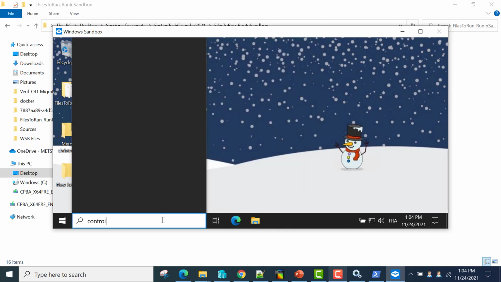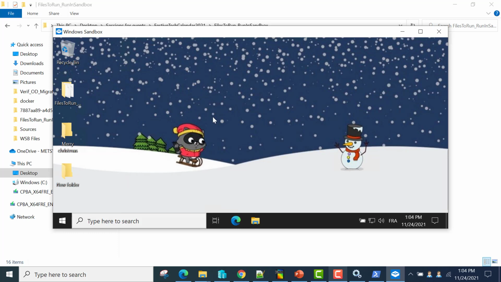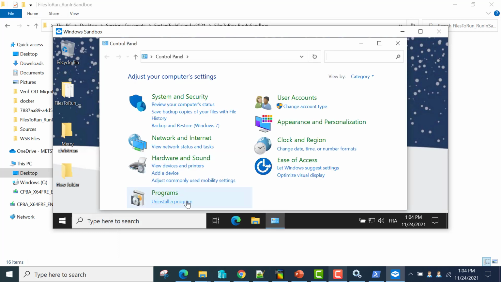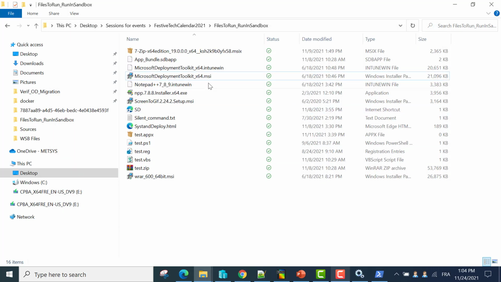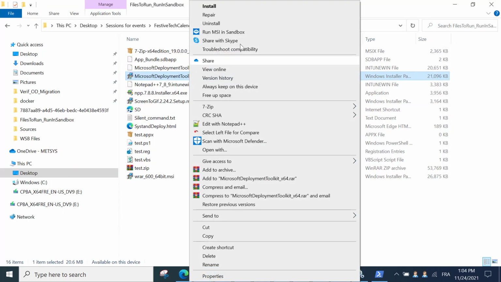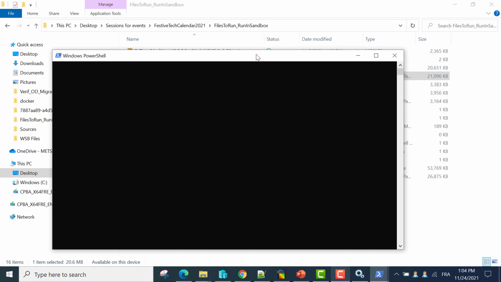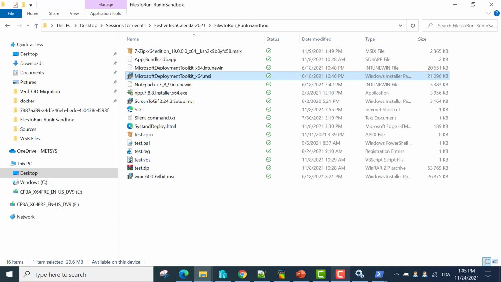Finish. Okay. Go to Control Panel, and you will see the MDT application. Now, I want to do this with silent mode. Click on Run MSI in Sandbox again,